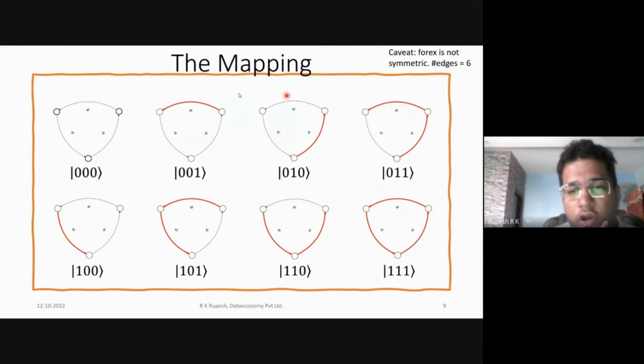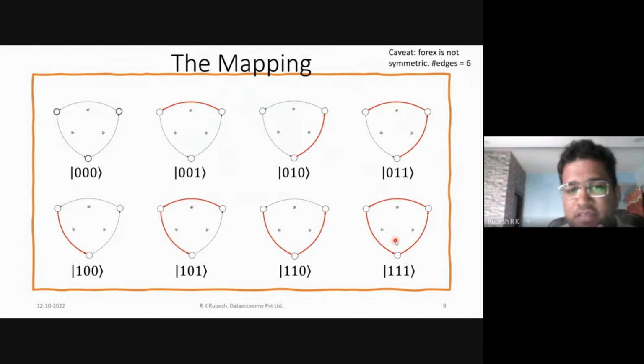But note that not all of these possible paths are actually valid paths. For example, if you take a look at this one, this is not a loop. This is an open-ended graph. We start from one currency, we go to another currency, and then we are stuck here. We are not coming back to our original currency. So the only valid loops in this particular case are this one, where we go from this currency to this and then back again, and all the other similar single-qubit, single-register cycles here, and also this full cycle here, which is also a valid solution for our problem.